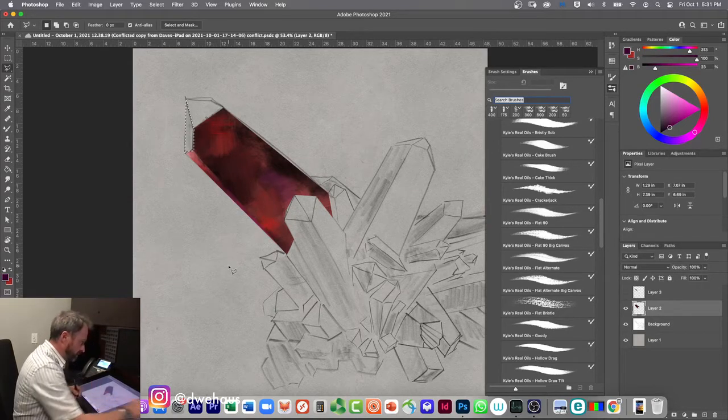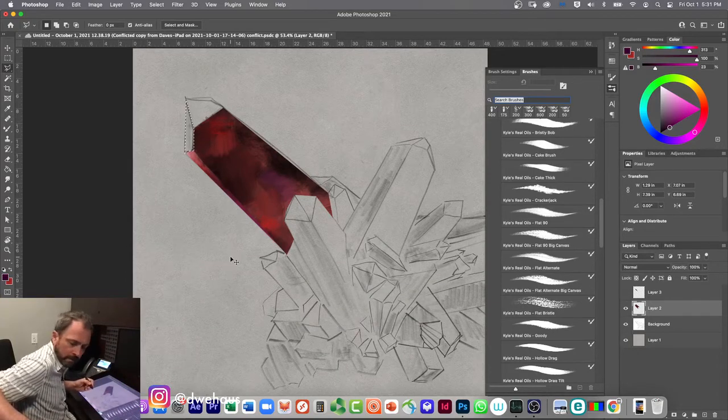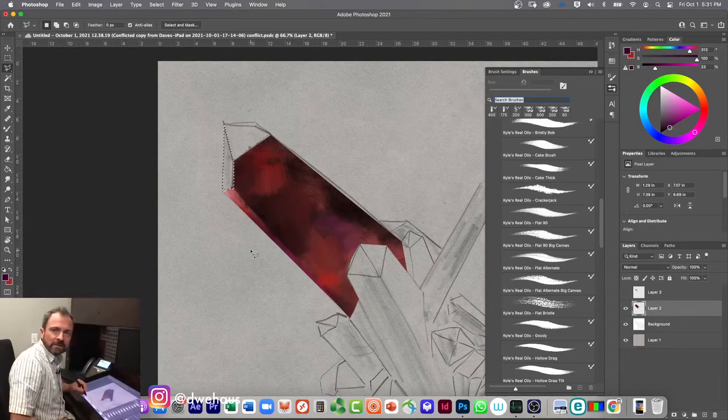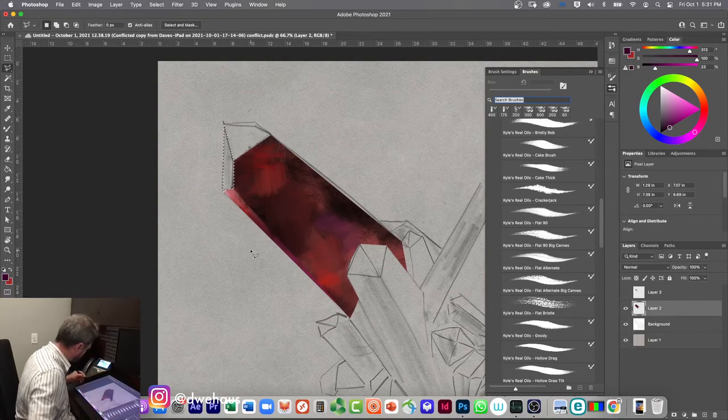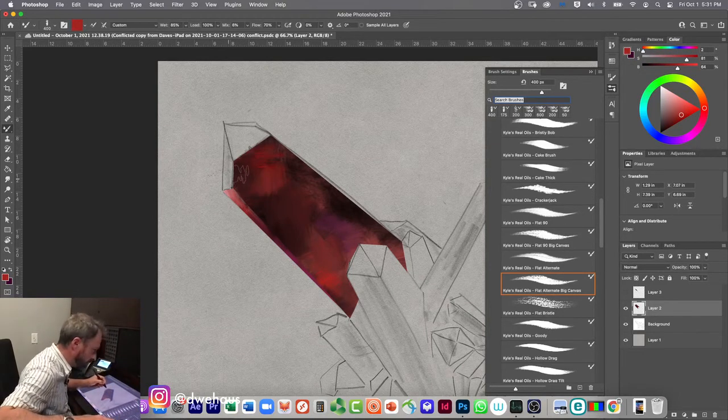Sometimes this works and sometimes it doesn't. There we go. I don't know why it works sometimes and doesn't. But anyway, all right, so hide. Got too many finger commands and monitors going on. I like having this little bit of purple here. So we'll go back to brush, B, and